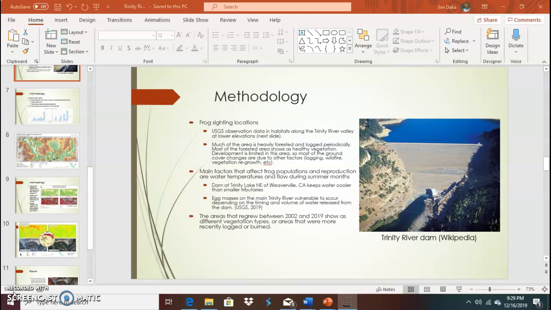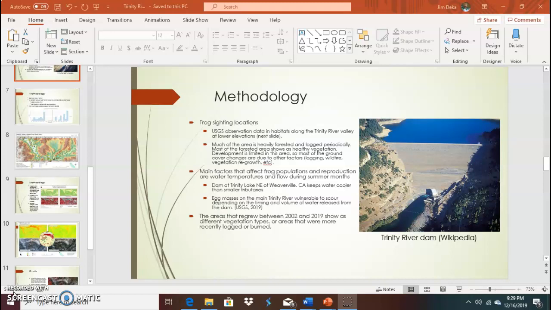The main factors affecting frog populations and reproduction, according to USGS and several other studies, are water temperatures that are kept artificially low to support fisheries, and periodic water releases during early stages, which can scour egg masses attached to rocks and larvae and flush them downstream.